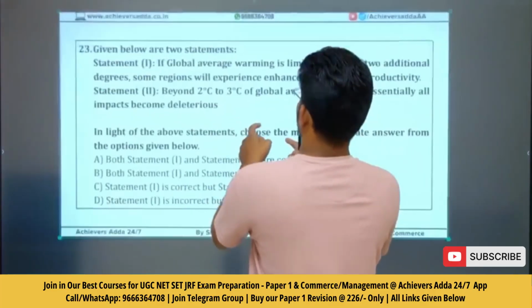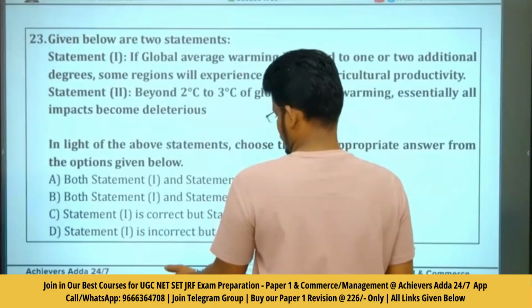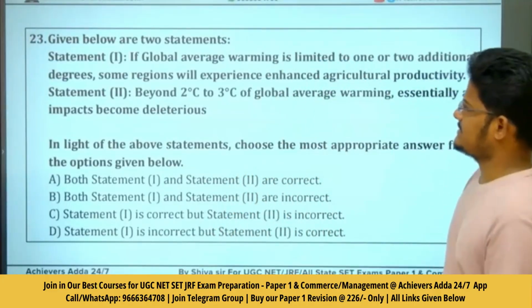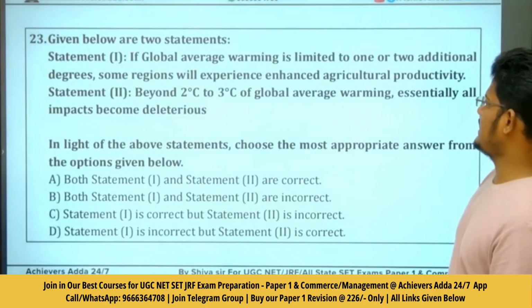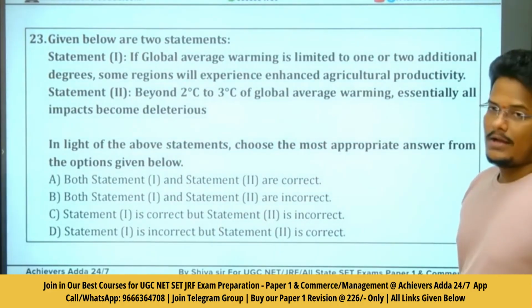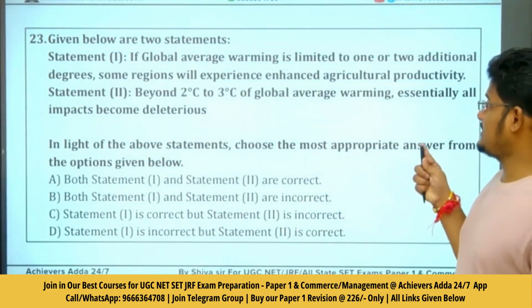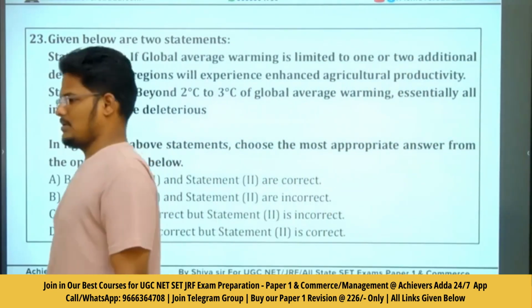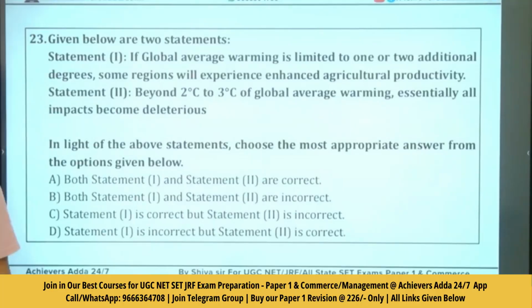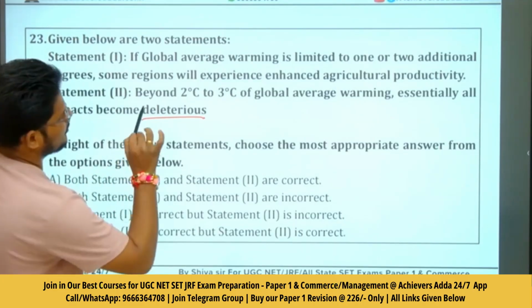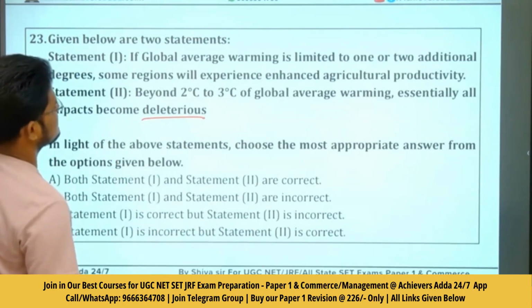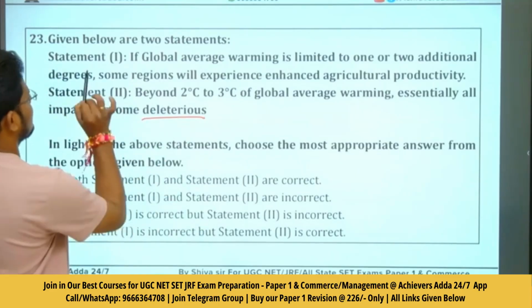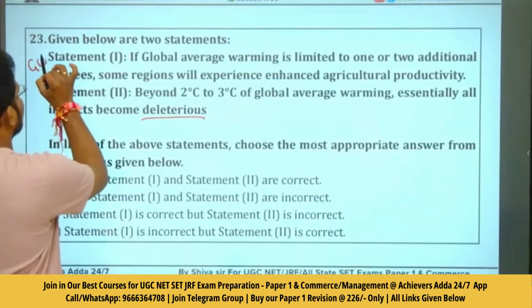If global average warming is limited to 1 or 2 degrees, some regions will experience enhanced agriculture productivity. Beyond 2 to 3 degrees Celsius of global average warming, essentially all impacts become deleterious. What is the meaning of deleterious? Answer is 1. If global warming is limited to 1 or 2 additional degrees, some regions will experience enhanced agriculture productivity. So global warming when it increases,